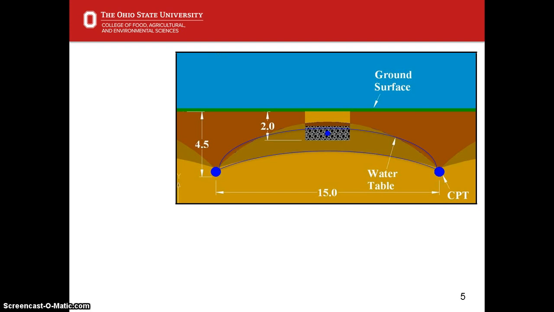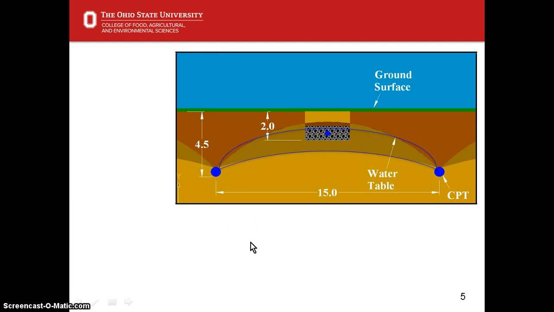Now, this is a typical on-site wastewater treatment system. You can see the curtain drains are about 15 feet from each other, and the leach trench itself is about 2 feet deep, and then the curtain drains are placed at about 4.5 feet deep